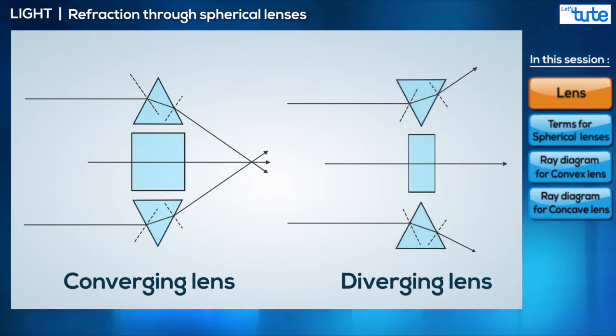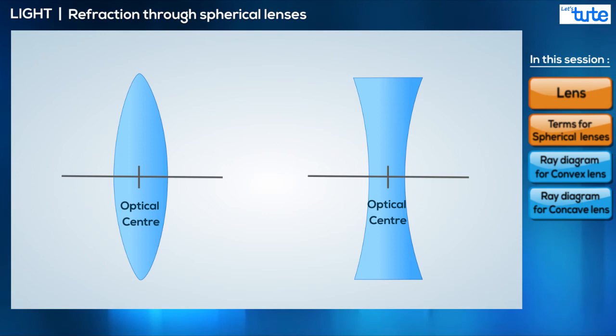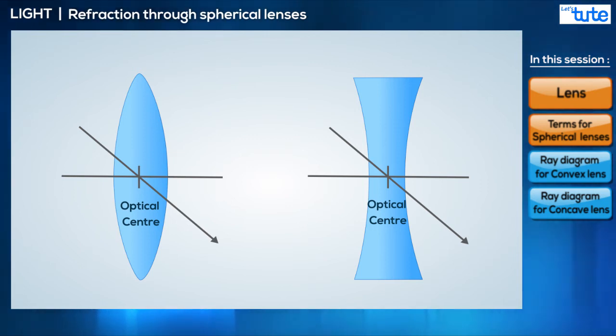Now that we roughly know how the lenses bend light, we should get ourselves acquainted with some terms so that we can have a much better view of how lenses make images. Since these lenses are spherical, they have similar terms as spherical mirrors. First term is the optical center. This is the midpoint of the lens and the point where the principal axis goes through the lens. An important thing to know about optical centers of lenses is that any light incident on the optical center of a thin lens suffers no refraction and goes straight through it.